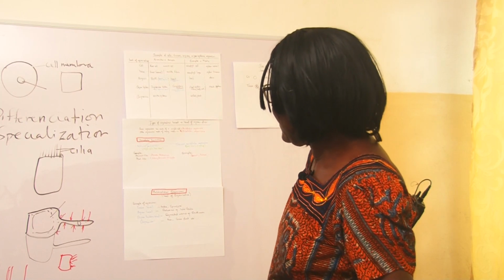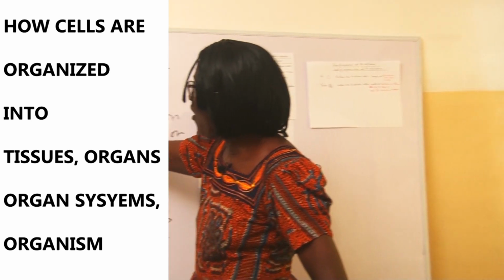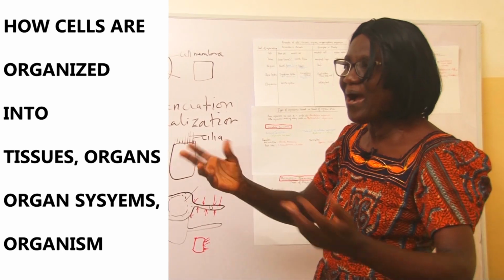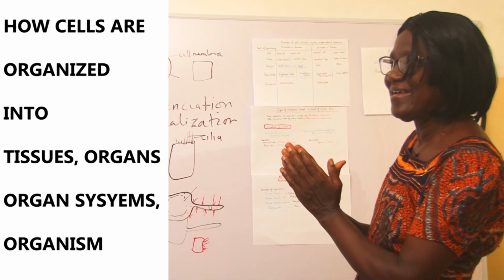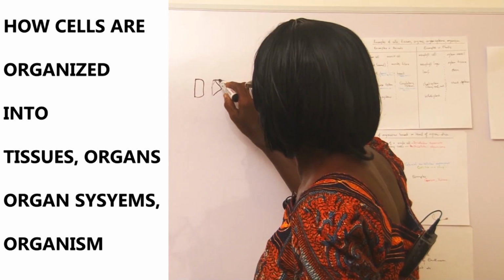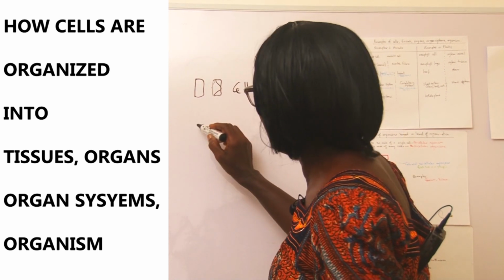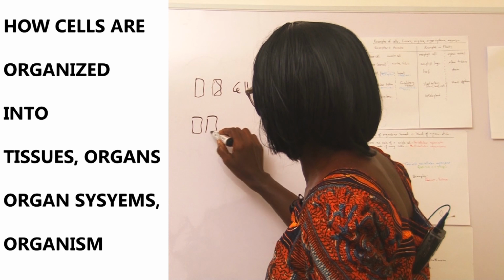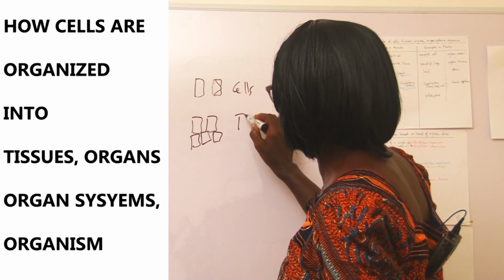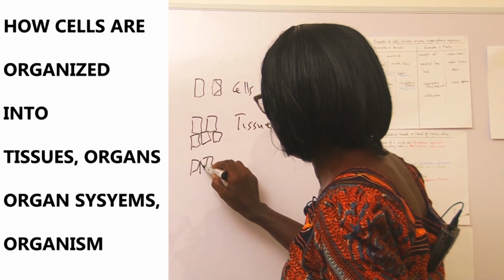Good. Now, we want to look at how these cells are organized in the organism. They are not just arranged haphazardly. They are neatly organized, and we want to look at how the cells are neatly organized. These are cells. These cells are organized into what we call tissues. So they will be put together to form a tissue. We'll define what a tissue is. And the tissue, if we have this one tissue here